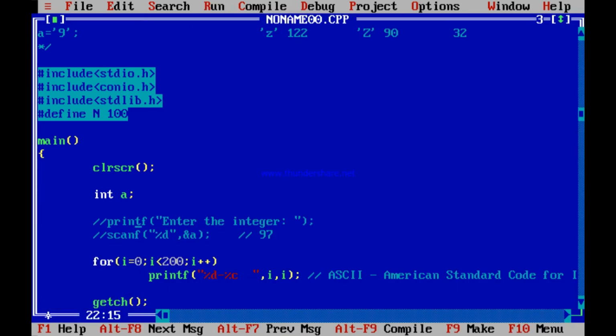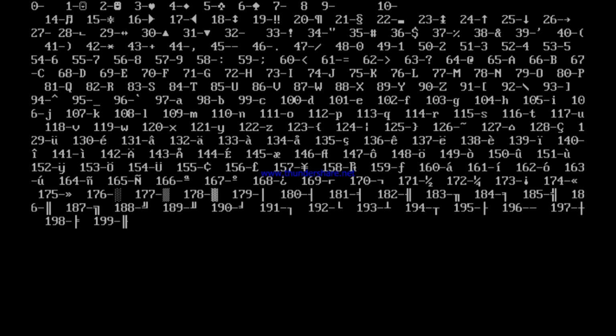I has not been defined. So A is not needed over here, i is needed. Alt, enter. See 0. What is the equivalent of 0? 0 does not have any character associated with it. The equivalent of 1, see, a smiling face sort of thing. 2, another smiling face sort of thing. 3, a heart sign. 4, a square type of, maybe diagonal square sort of thing.